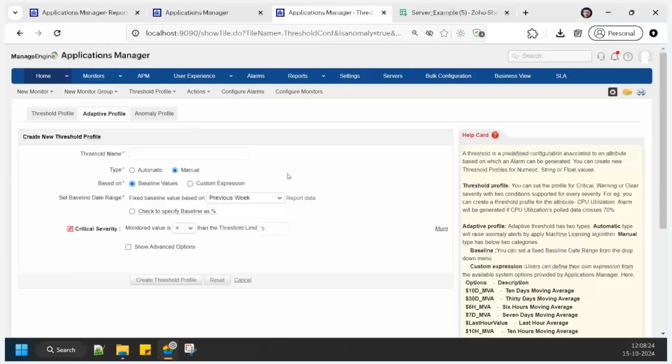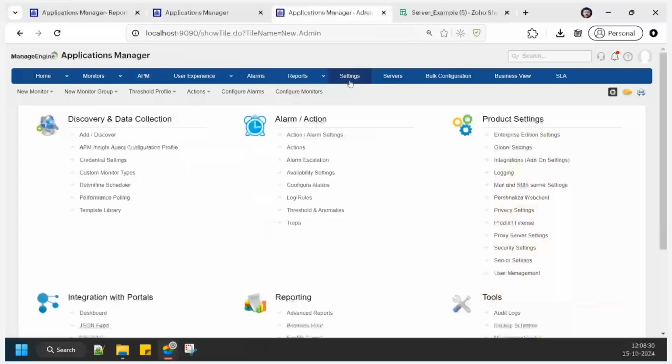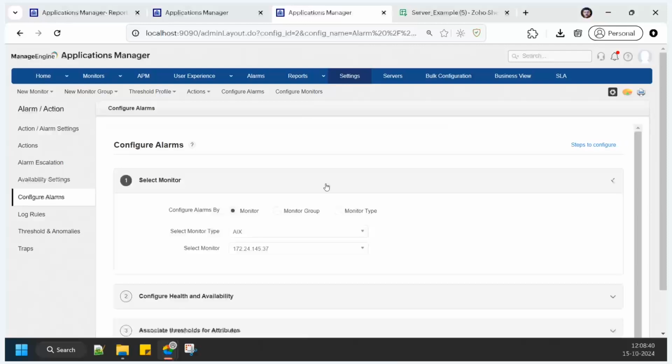Once the threshold profile is created, either the standard or adaptive threshold profile, you need to associate those threshold profiles to the monitors. For configuring the threshold profile, we have an option here. Just click on configure alarms. When you click on configure alarms, we have three options: monitor, monitor group, and monitor type. In case you want to assign the threshold profile for a particular monitor, for individual monitors,